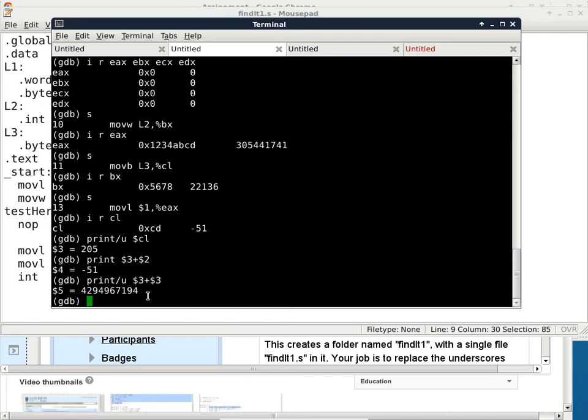Yep. If you did just the regular print $3 plus $2 without the slash u, and then did the print slash u of, say, $4, would it show you the actual amount instead of having that problem of print slash u $3? Okay, that's a good question. The question is, what if I do not use the slash u? The answer is it's going to print